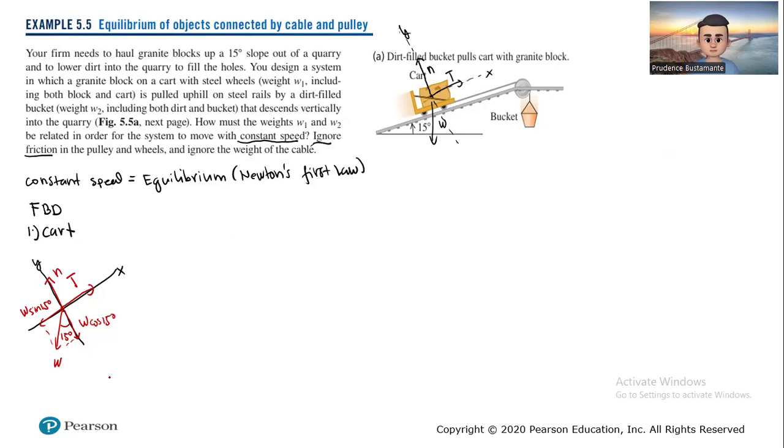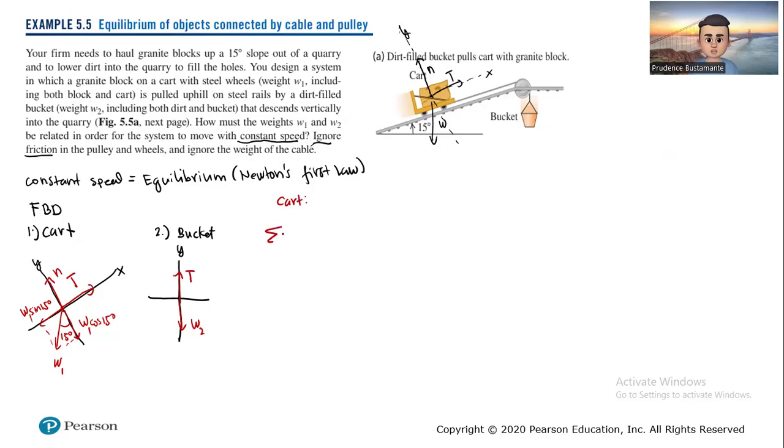So for the bucket, if we look at the bucket, this is our y. Of course there is a tension here, T, and the weight 2. So this is weight 1. Okay. For the cart,